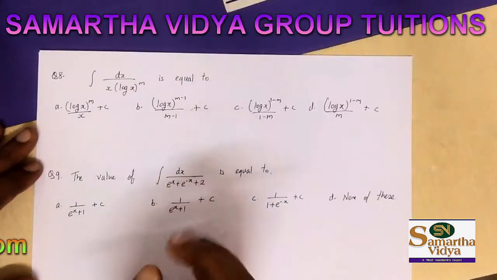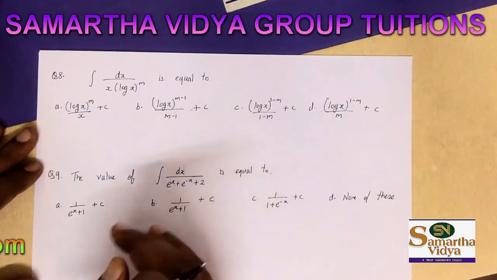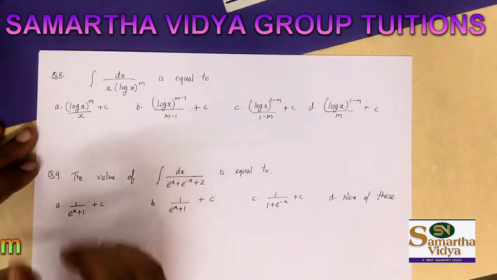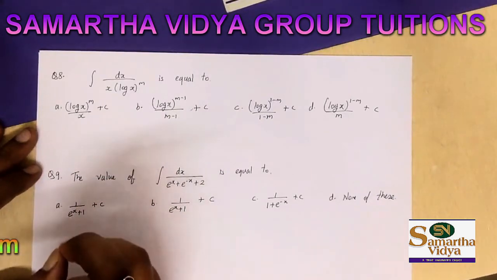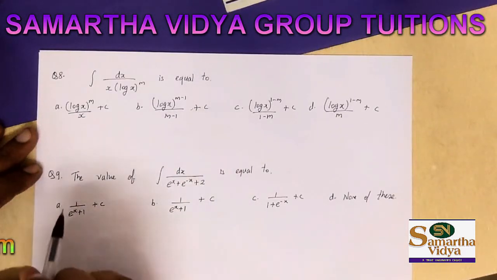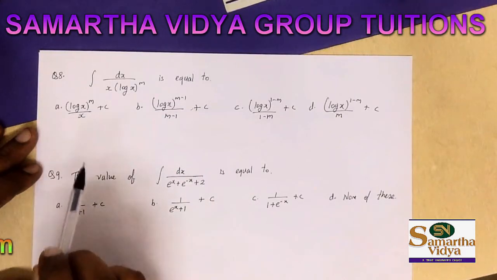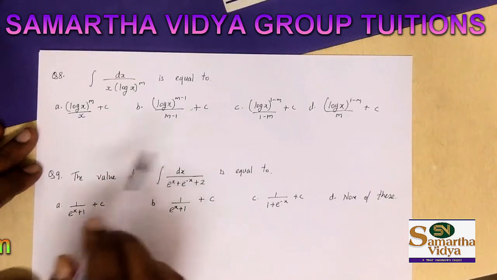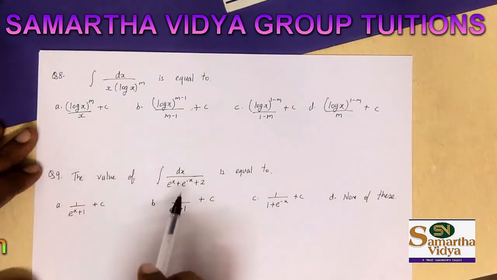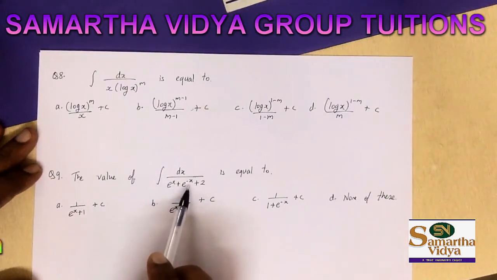We have started this particular new segment wherein we will be asking you a set of questions, and you will be just commenting in the comment section the answers for them. So today's questions are as follows. We have the integration of dx upon x log x raised to m, so you need to find the integration of that, and the other integration which you need to find is the integration of dx upon e raised to x plus e raised to minus x by 2.